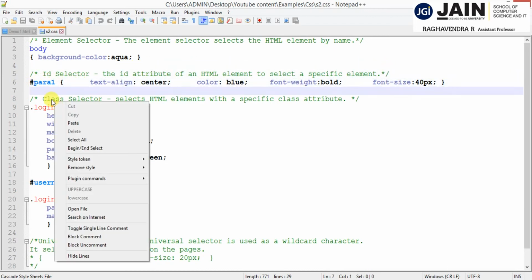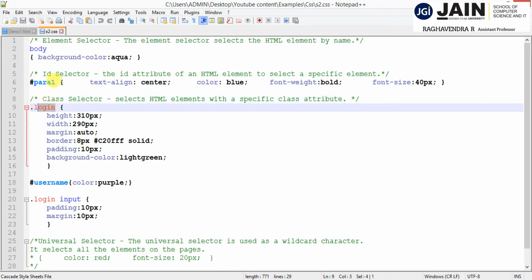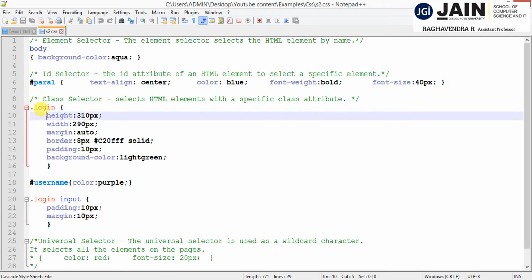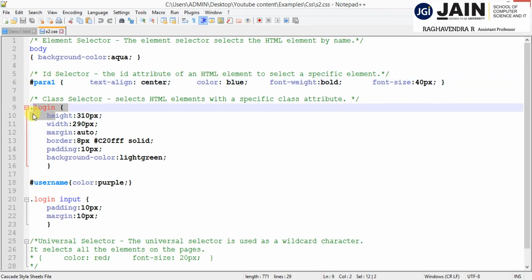Comparing the ID selector and class selector, ID will take the first priority, followed by the class selector. The universal is the last priority selector. Means if you define n number of IDs or class selectors in the same web page, especially in a respective tag, if you define both ID as well as class selector, the first preference will go to the ID selector, to display the unique information.